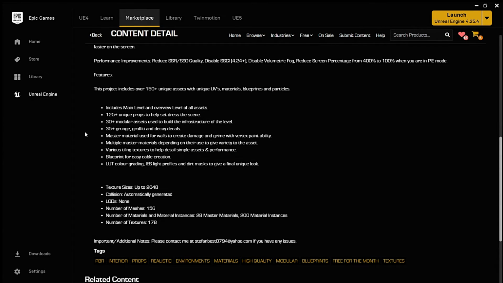What does this have? It includes the main level and an overview level of all assets, over 125 unique props to help set dress the scene, over 30 modular assets used to build the infrastructure of the level, over 35 grunge, graffiti, and decay decals, a master material used for walls to create damage and grime with vertex paint ability, multiple master materials depending on their use to give variety to the asset, various styling textures to help detail simple assets and performance, a blueprint for easy cable creation, LUT color grading, IES light profiles, and a dirt mask to give a final unique